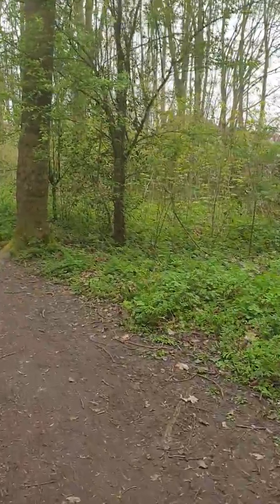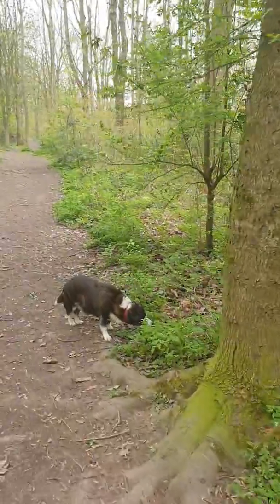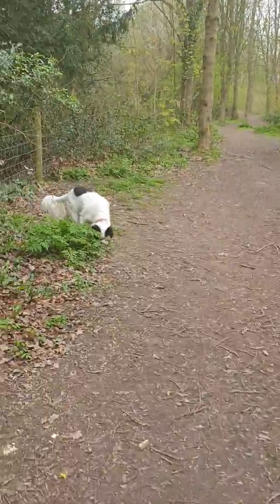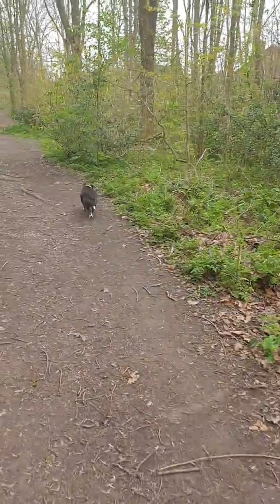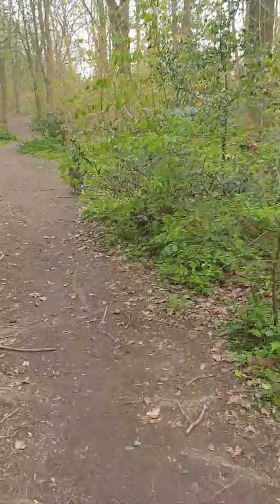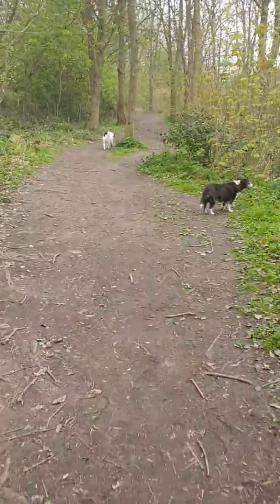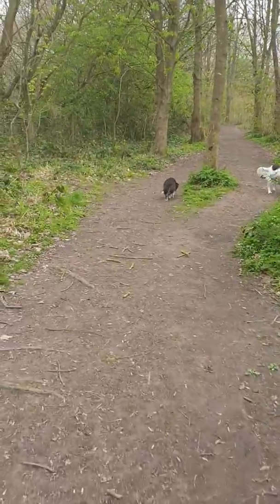Right, yeah, let me just get back to what I was saying. All these trees were planted to stop the slippage, because to the left hand side of me, like I said, is Lloyds Coppice, and as you walk across here, this path, the Lloyds Ridge path, in places you can see the red sandstone cliffs,